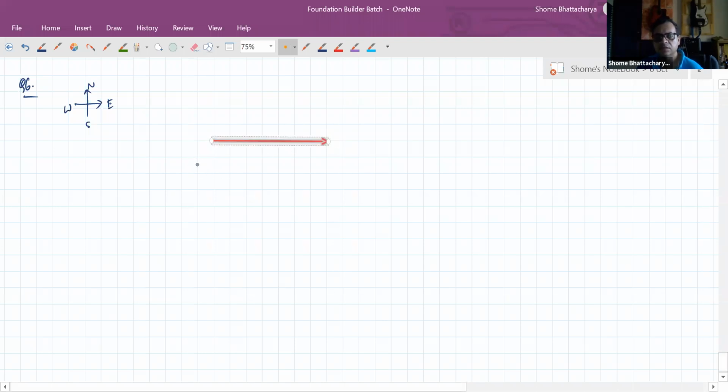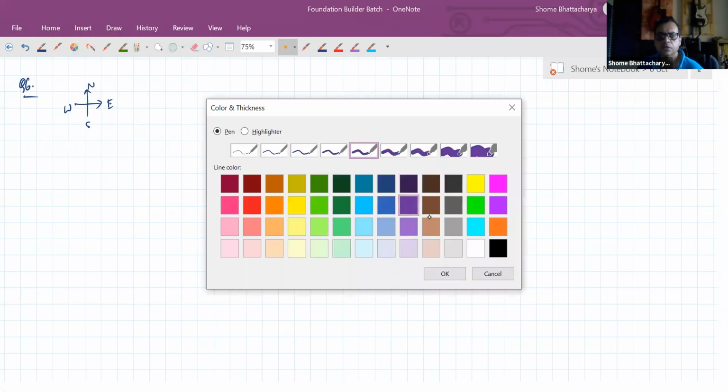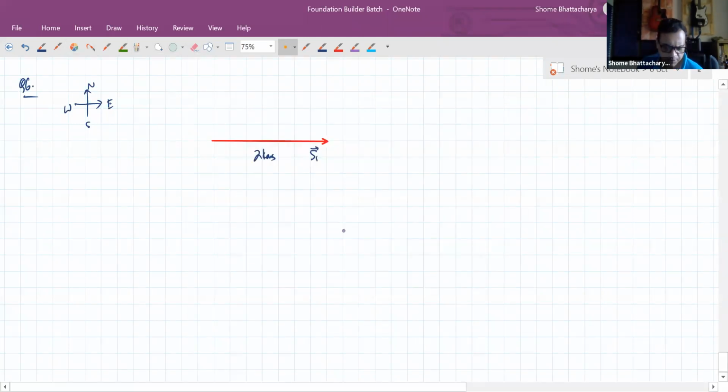So let us say this is our first displacement S1, which is 2 kilometers. The next up, it is going through a displacement, it says that it turns left by 90 degrees and goes for 500 meters. So when it turns left by 90 degrees, it will turn from here like this, by 90 degrees. So the second displacement should be like this.